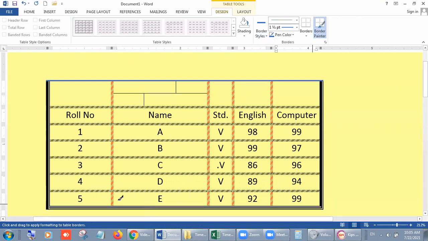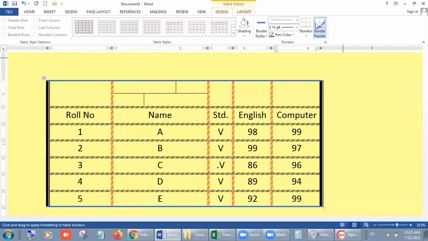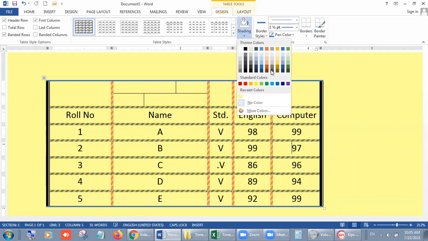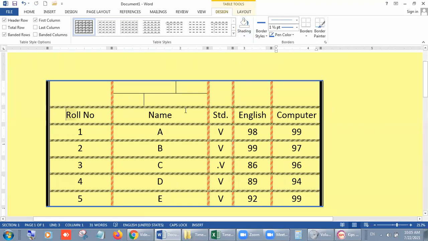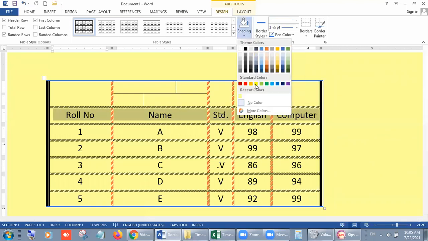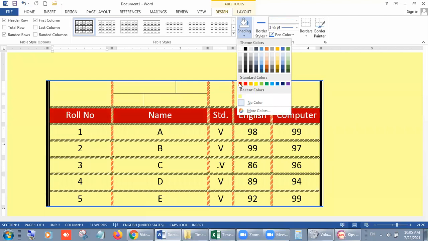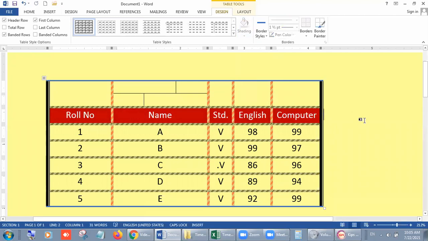You can change according to your need. Suppose I am not going to change the side portion of it. Okay, in this way, you can change the border style. And this is shading. You can make changes. Look, if you select this column, this first row, and you want to apply some color in it, you can do this. Okay, this is our shading button. With shading, we can fill color inside the cells of a table.